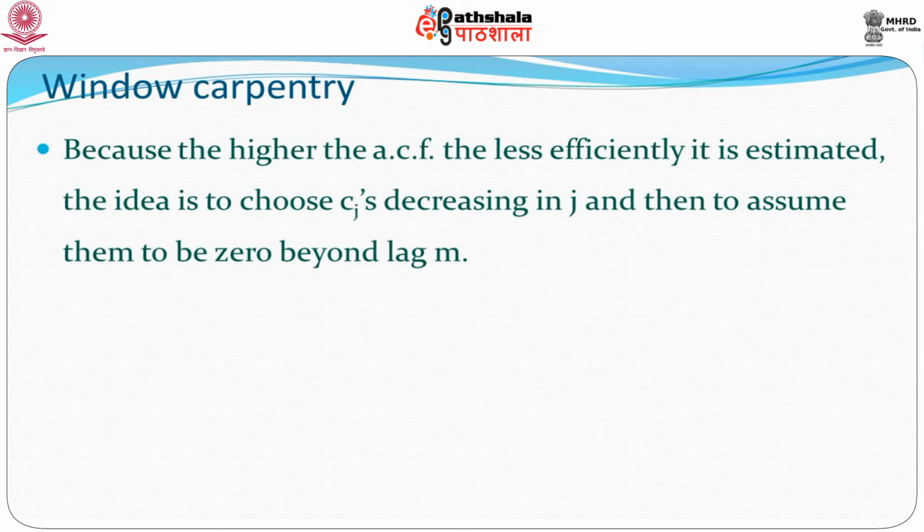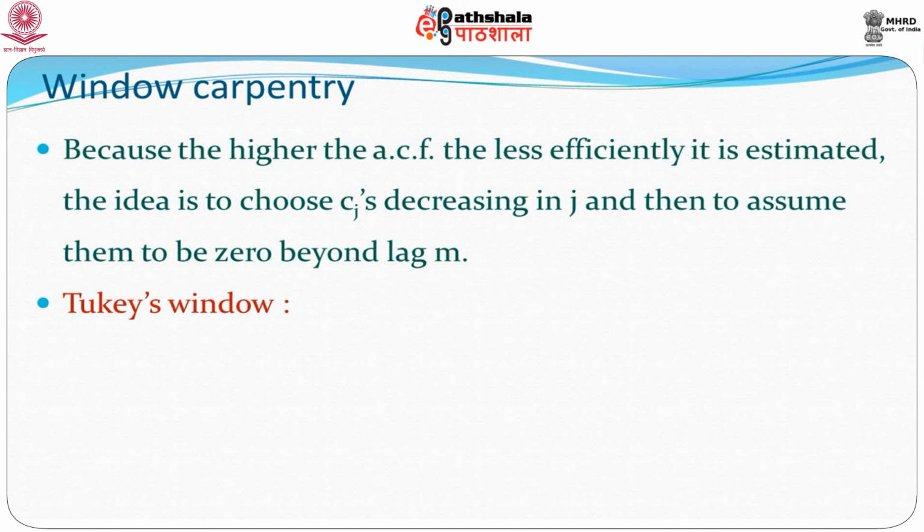Now, once you have done this, the next thing is to choose the C_k's, and this is very often, in time series or frequency domain studies, called window carpentry. So, you have a window, that is, the window is up to m, that is the bandwidth, and in that case you choose your coefficients. We will not discuss this in great detail here, but we will give you two such windows which are very commonly used. One is